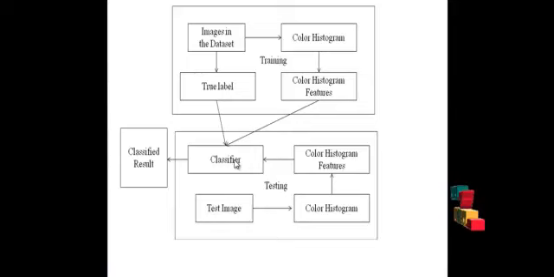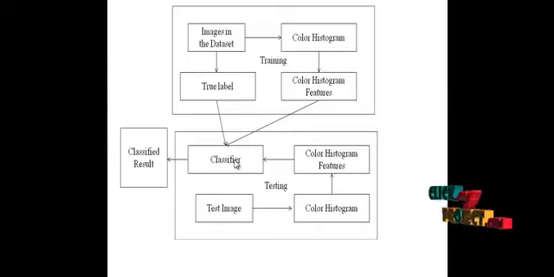In machine learning, support vector machines are supervised learning models with associated learning algorithms that analyze the data and recognize patterns, used for classification and recognition. The basic SVM takes a set of input data and predicts, for each given input, which of the two possible classes forms the output, making it a non-probabilistic binary linear classifier.